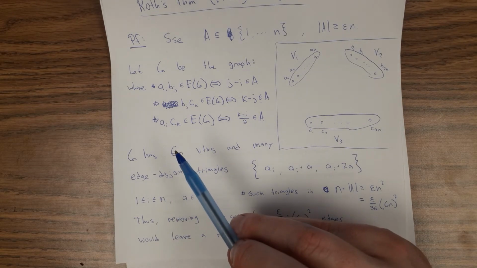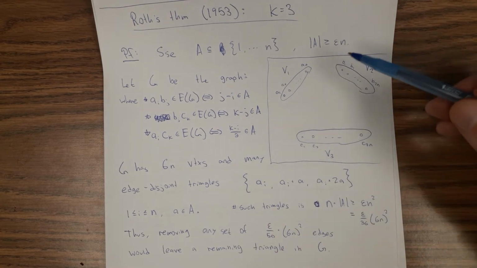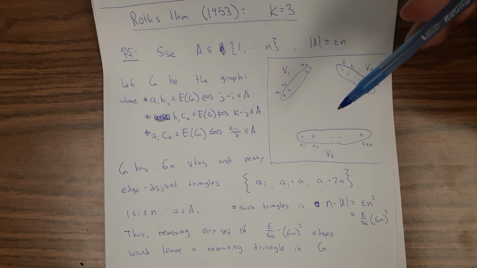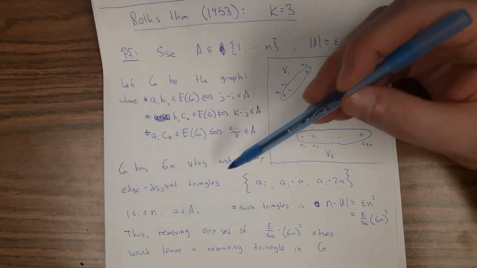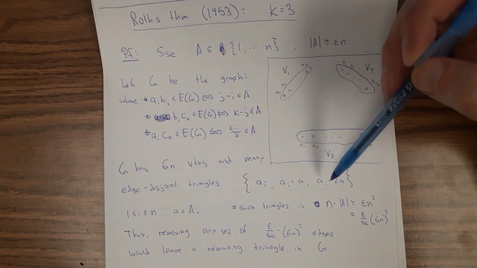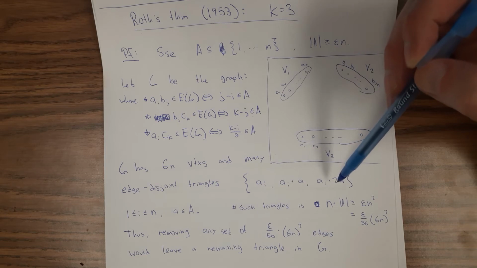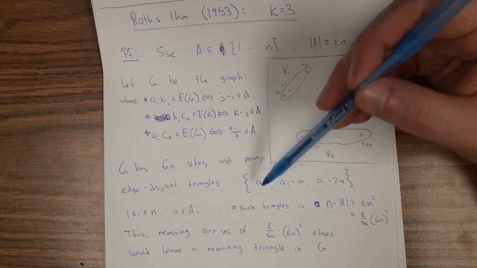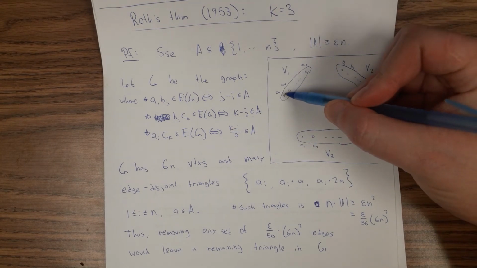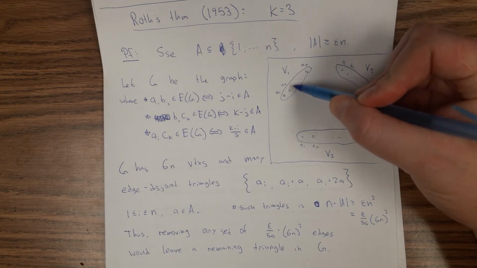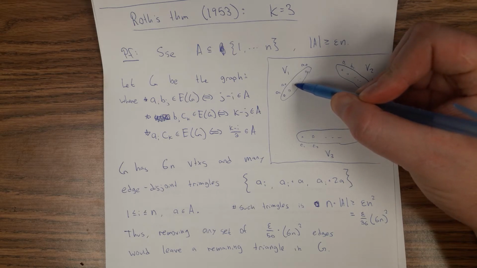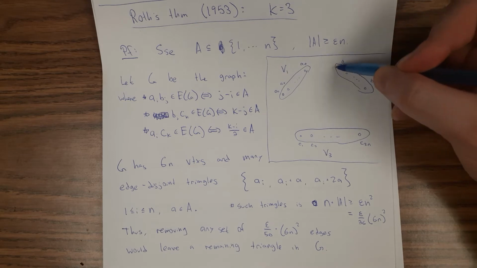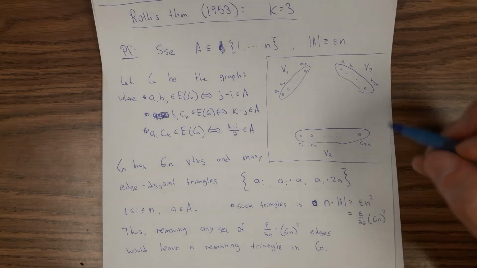So this graph would have a total of 6n vertices, n plus 2n plus 3n. And it has a lot of these sort of easy triangles. What I can do is pick any vertex from this set. So I'll pick some a sub i, and then I'll pick a vertex from this set by